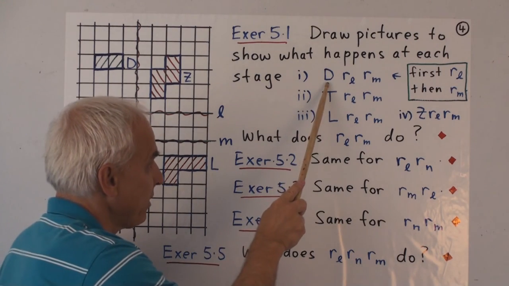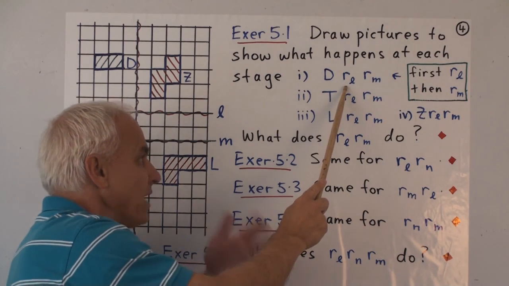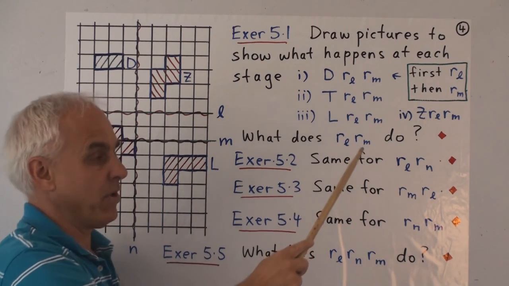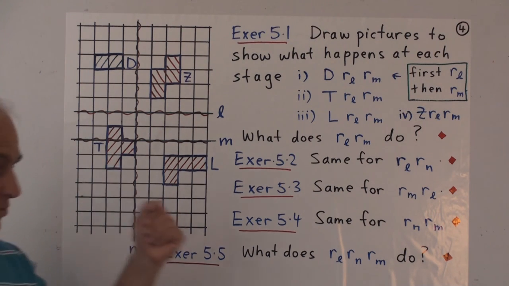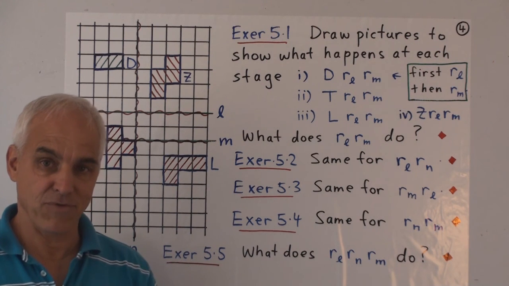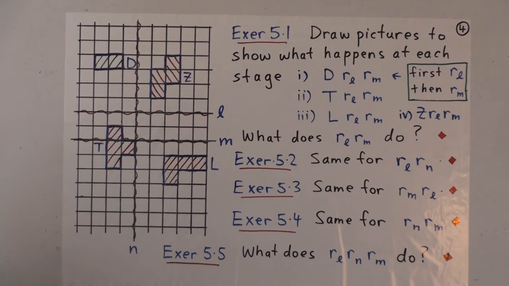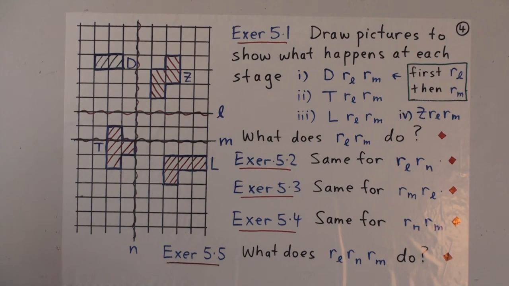That's what we're starting with, and then we apply this transformation, and then we apply this transformation, and we get a new object, and we want to know where that new object is. So to do these exercises, I want you to actually work with a piece of graph paper in your book and make diagrams, copy this down faithfully, and then see what happens. You can do separate ones for the 4 different shapes.